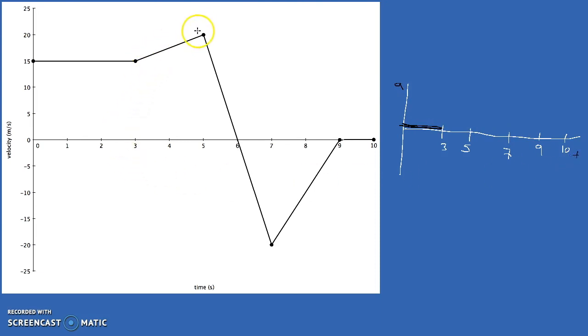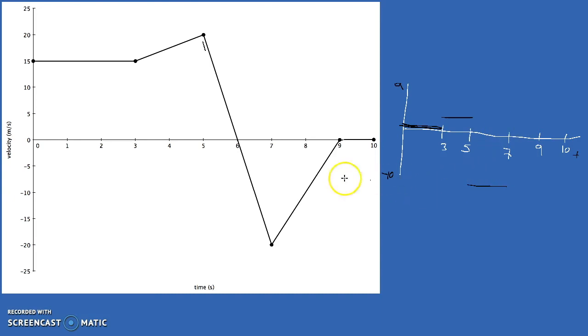Then from 3 to 5 seconds, it increases 5 meters per second in 2 seconds, giving us an acceleration of positive 2.5 meters per second squared. Then, from 5 to 7, we go from 20 to negative 20 meters per second in 2 seconds. That's an acceleration of -10 meters per second squared. And then finally, when we go from 7 to 9, that's an increase of 20 meters per second in 2 seconds. So we have a slope here of positive